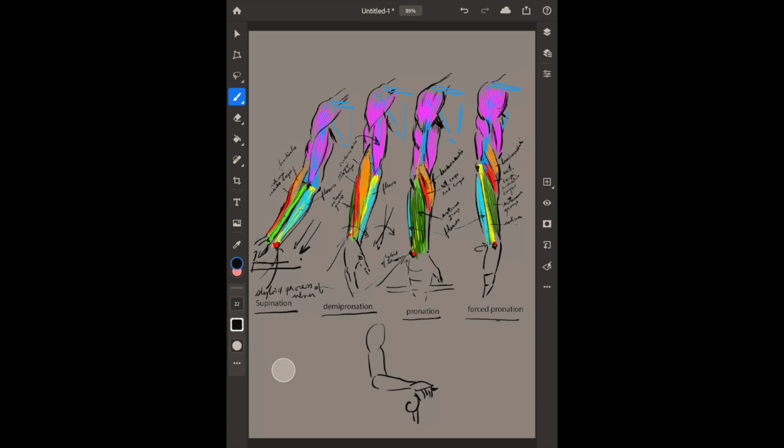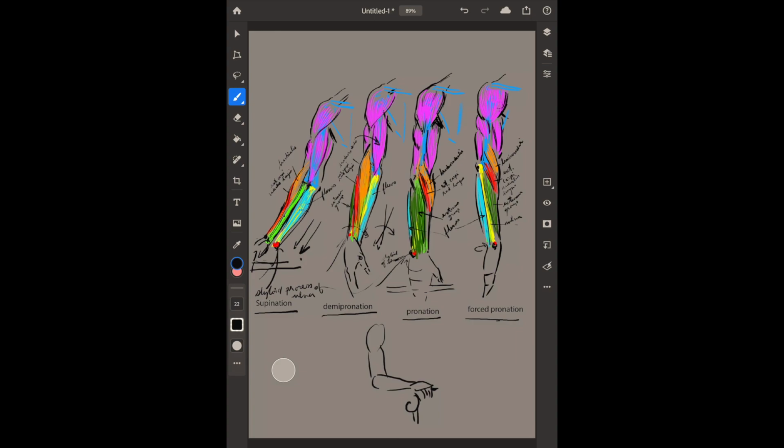So this is why supination is very useful for muscle charts, because there's no confusion at all, there's no twist, everything's absolutely perfectly aligned. Now, notice that the brachioradialis starts on the outside, follows the length of the radius, and attaches itself at the thumb. The extensor carpi radialis longus does as well. So those two muscles are going to run